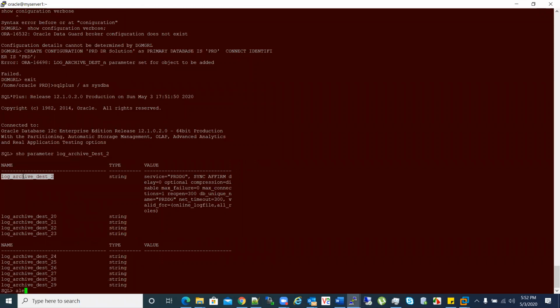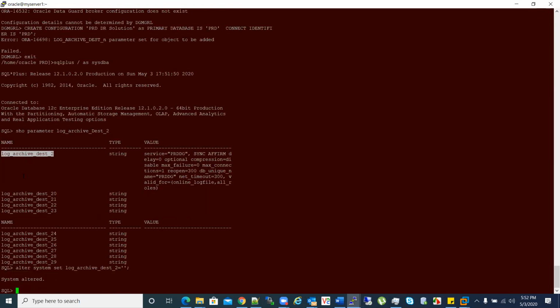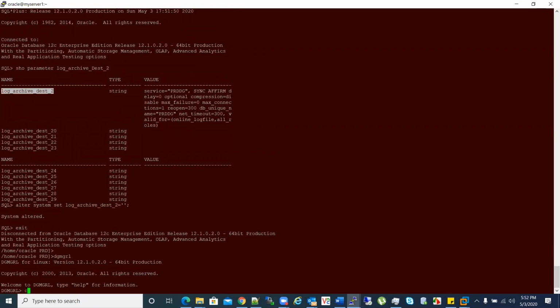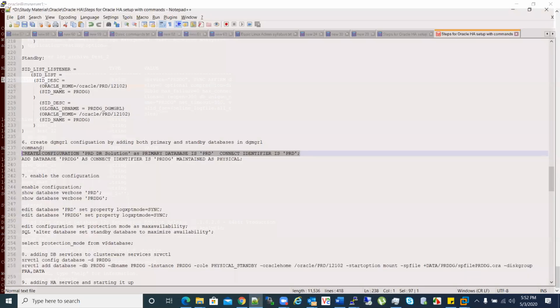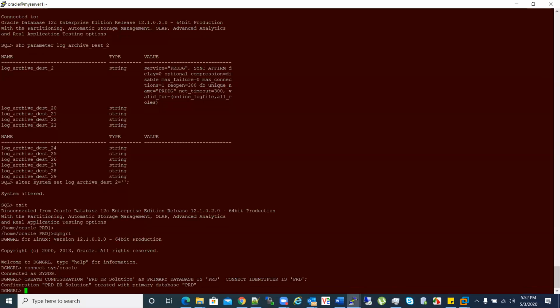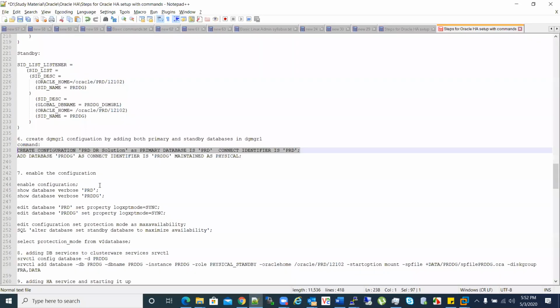I will reset this parameter, alter system set this to null. Now I'll copy this and hit enter, and it says I created configuration PRD with the primary database. Basically, I have added it to DGMGRL.